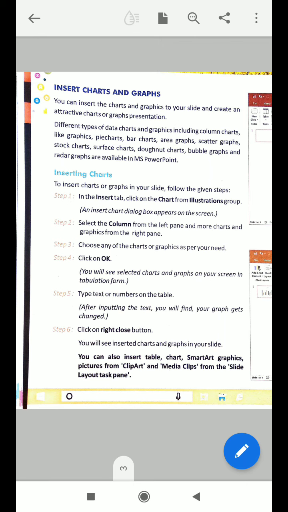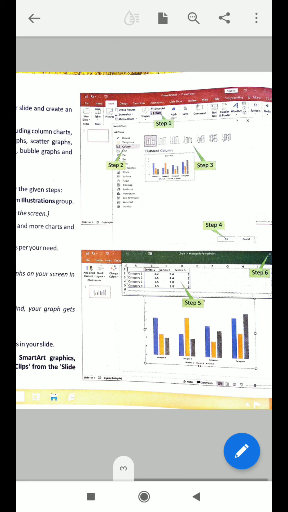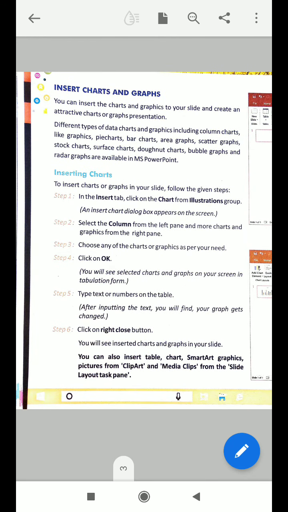You can put in the data and change it, and you can build blocks like this, charts and graphs. Many charts and graphs are there, and we will see them later in this chapter.